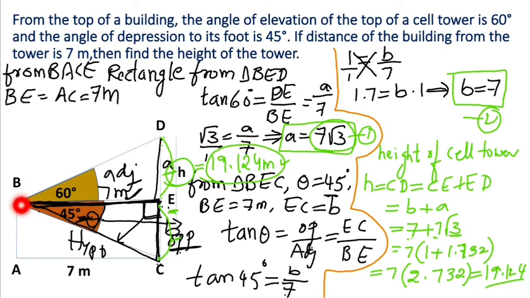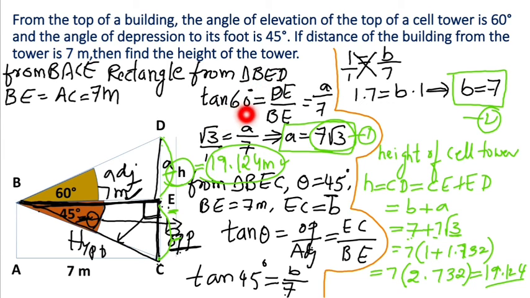First we are considering the triangle BED. By considering the triangle BED, we know that 60 degrees value becomes theta, and theta opposite side DE is opposite and BE becomes the adjacent side. We know that BE length and AC length both are equal. So, BE length is 7 meters. That means DE we need, that is opposite side we need, adjacent side is given. So, here we have to consider tan trigonometric ratio for the triangle BED.